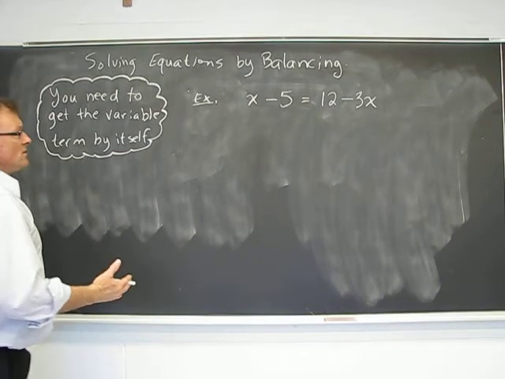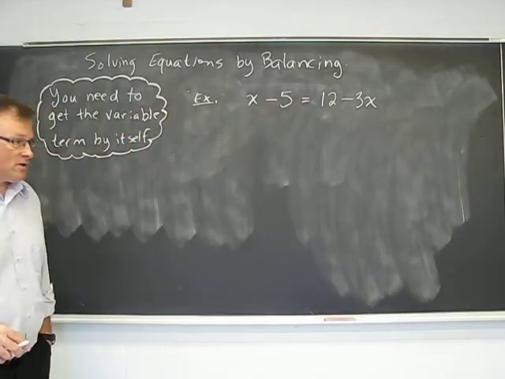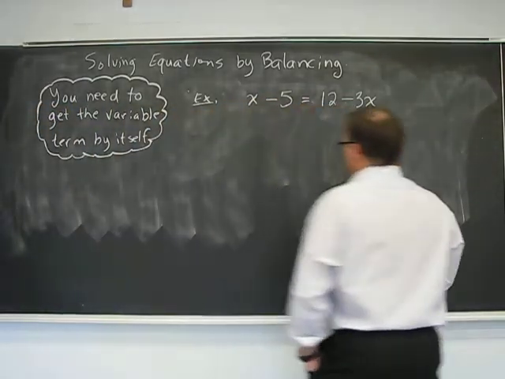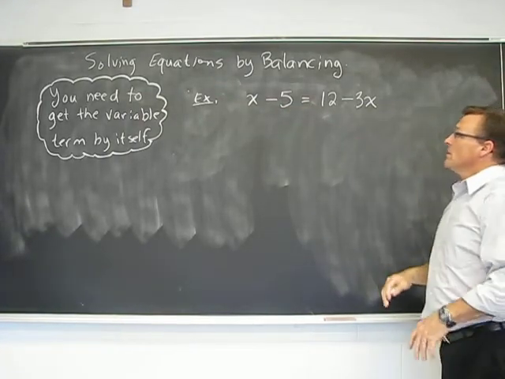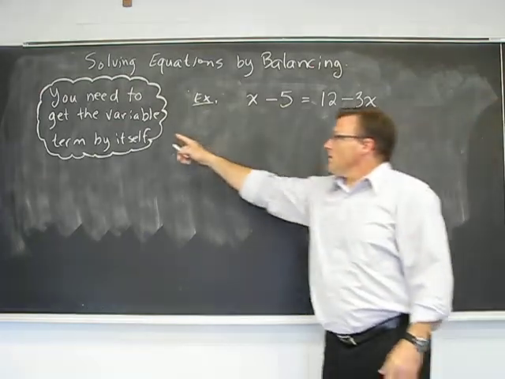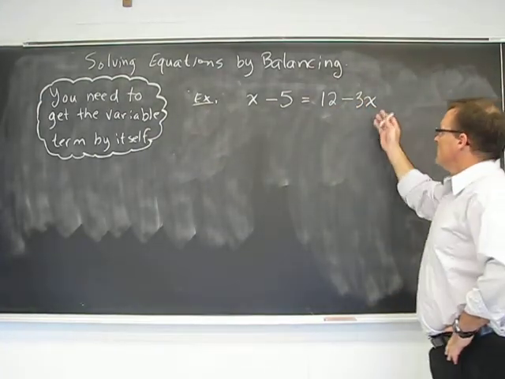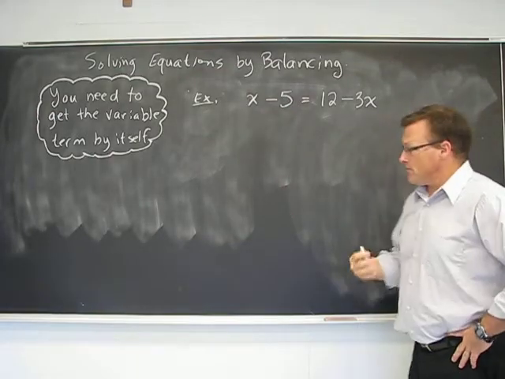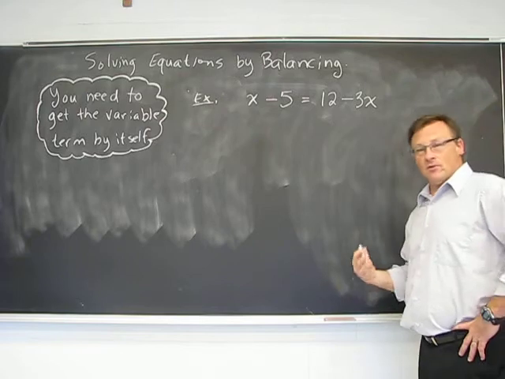So an equation, just to remind you, is an equality between two polynomial expressions. Right now, the worst we're going to see is with one variable and some constants. Now, I just remind you, our goal here is to get the variable term by itself. Well, you see there are two variable terms. So the first goal that I always want you to think about is get those variables together, in this case